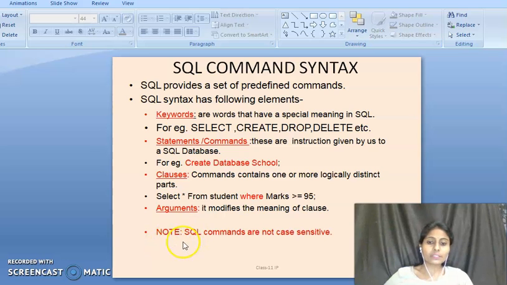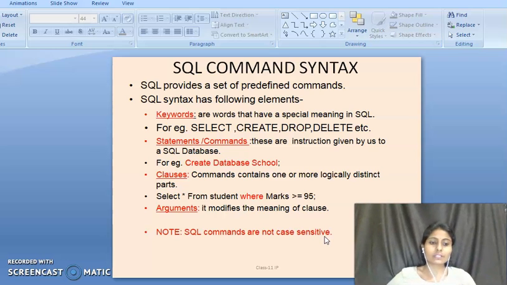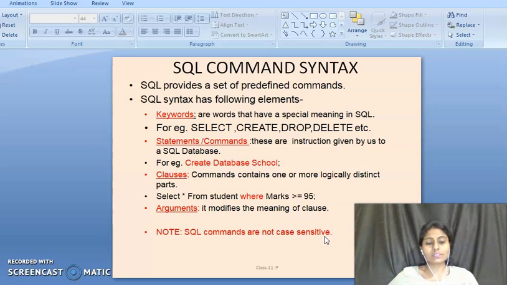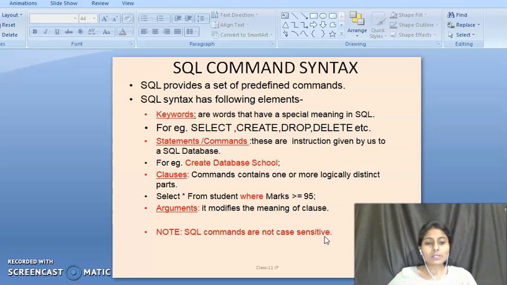And here one note is mentioned for you: SQL commands are not case sensitive, students. So when we work on the MySQL software, the commands that we write there are not case sensitive. It doesn't matter whether we write in capital letters or small letters. The keywords are not case sensitive, but the database name, table name or column name that you mention in your database and tables is case sensitive.